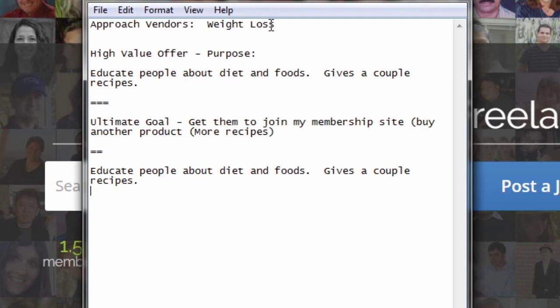Now, if you don't want to create all the content from scratch and you want to create a video course, typically what you want to do is hire a writer. Now, most writers can go out and do some research and find information, and they'll be able to write a report or an ebook. But before they can do that, you have to create an outline. So in this case, we can educate people about diet and foods. So as far as weight loss goes,